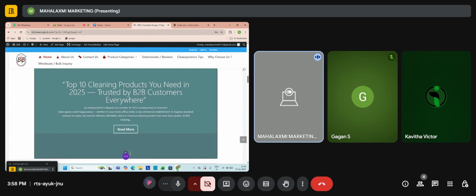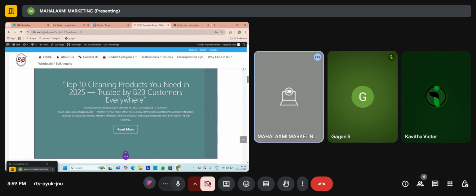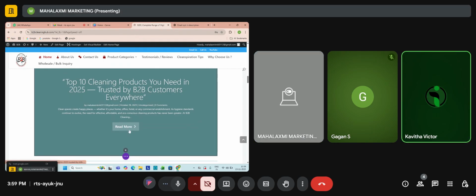Only one. If you publish two or three, more than three, you will get the right arrow. People can slide it and see the headline and the description. When they click on read more, they will be directed to that blog. That is post slider. Got it? Next module.